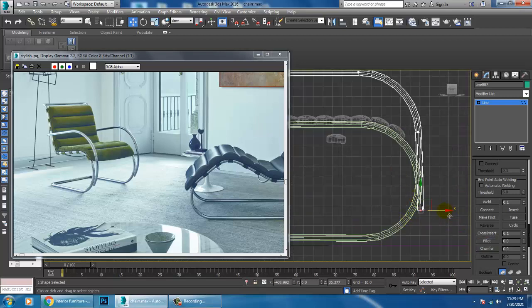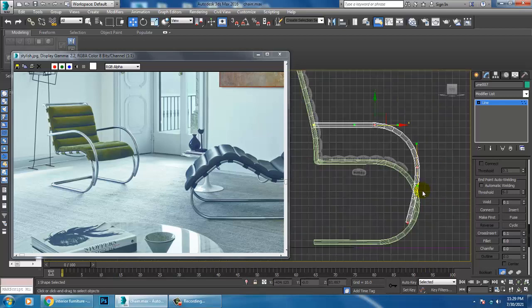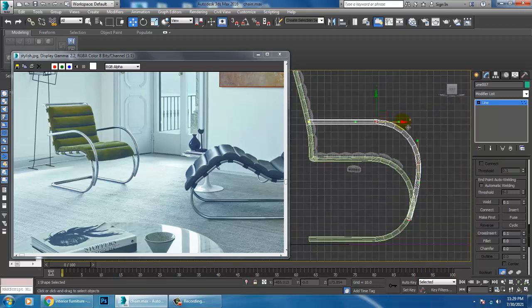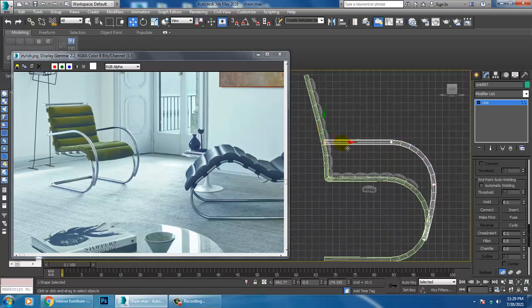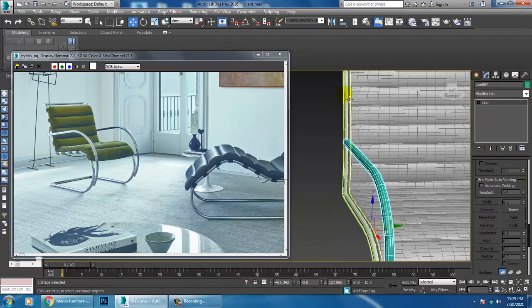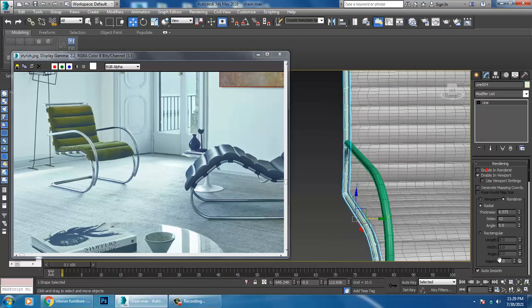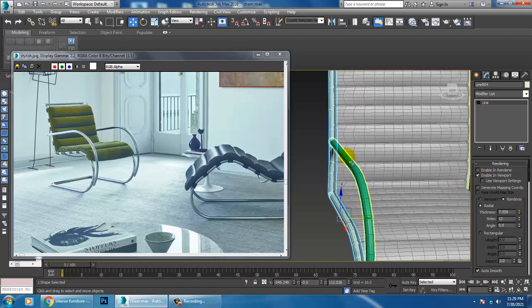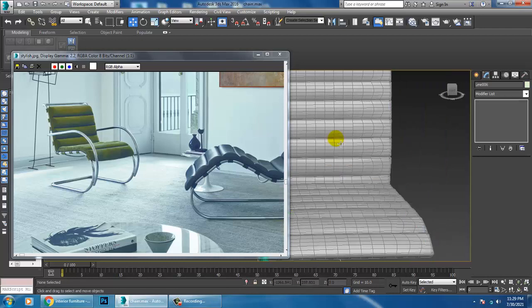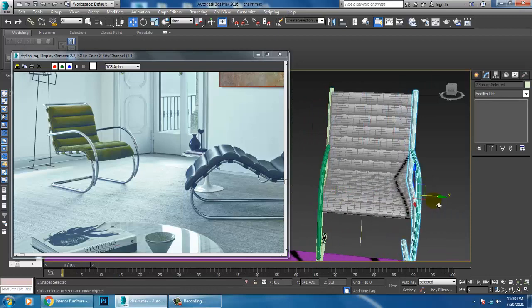You can still make it more round. Alright. I'll delete this, select both of these and duplicate that.